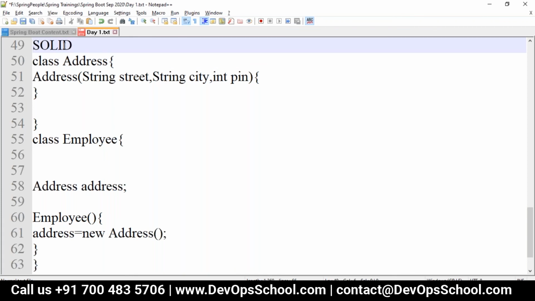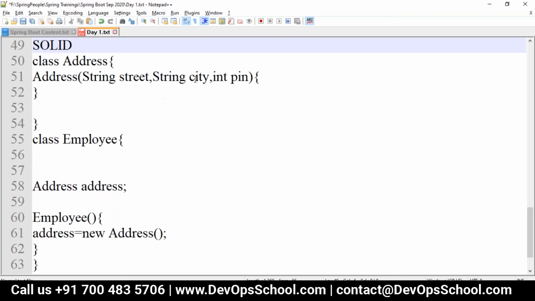In the SOLID principles, D stands for dependency: a high level module should not depend on the low level module, and both should depend on the abstraction. So they should not depend on each other.